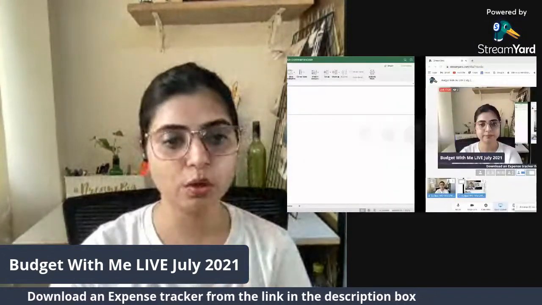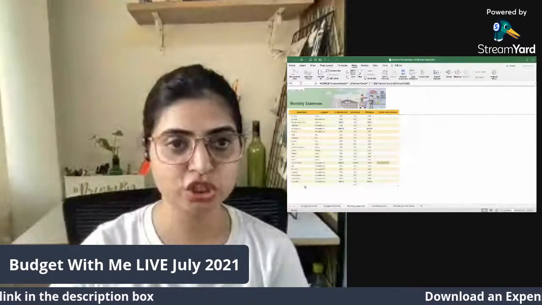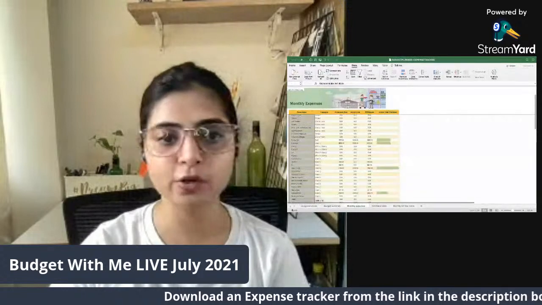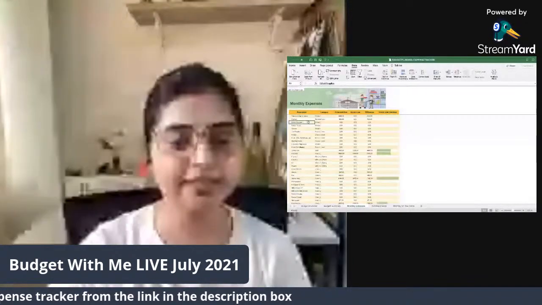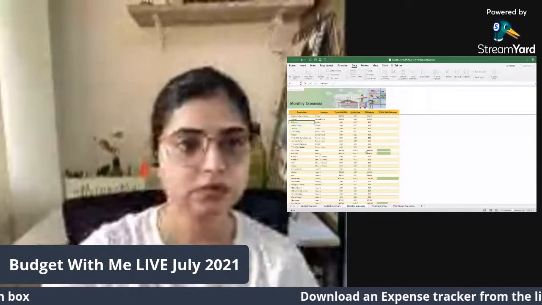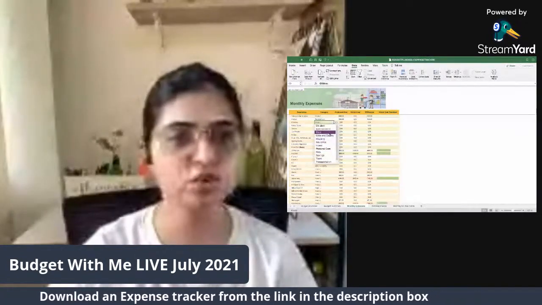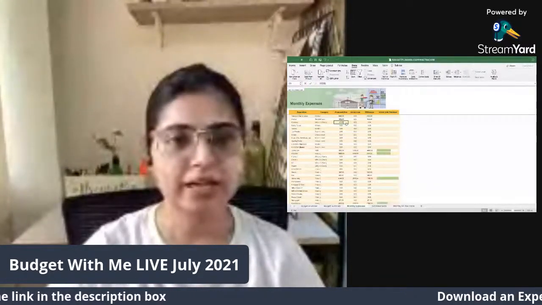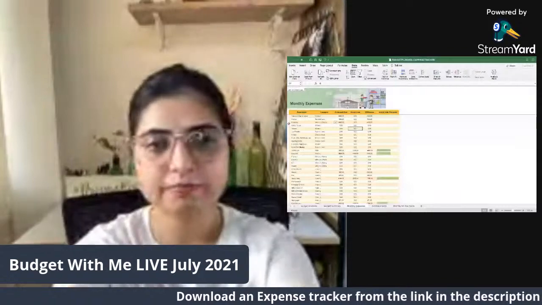Okay, so let me give you an overview again. You have to start with the monthly expense sheet. This sheet has all the fields which include all kinds of expenses you generally make on a day-to-day basis. If you don't find any of your expenses here, you can just delete this field and write your expense, like stationery. It could be for children or it could be for yourself. It could be for the gift category. Choose a category accordingly, put an amount in front of that, and then this is your projection: that you might need to gift someone stationery this month worth rupees 500.